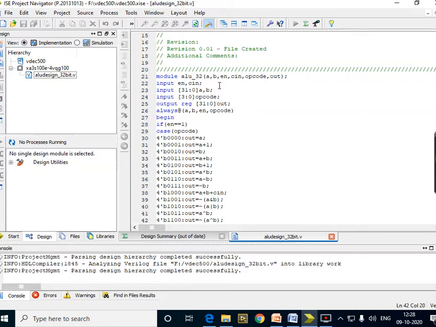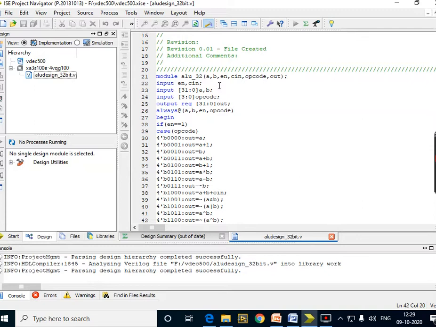And similarly we have an opcode, which is used for our case declaration. It depends upon the size of the opcode; the number of cases can be increased. And finally, out is an output variable which will hold the result of the computation. Through this, I think you have understood that A and B will be 32 bits, which are our data. Similarly, the output will also be 32 bits, and it will be written in the behavioral structure.